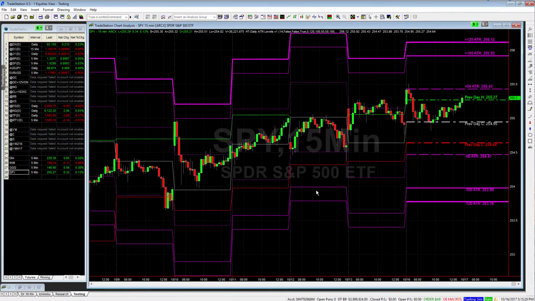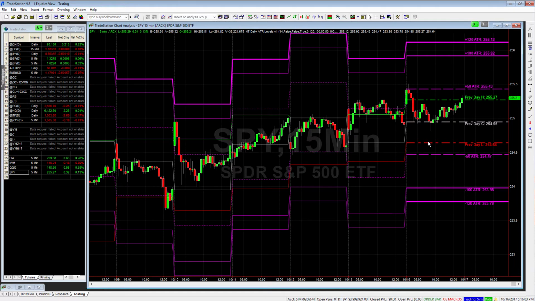Now I want you to let your eyes adjust to the chart. I want you to look at those labels on the far right hand side, because as we scroll the chart and look at historical data, we won't be able to identify those labels. So I want you to get used to the colors for each line, the line width of each line, and I want you to get used to the style, dotted versus solid, and that will help. And I notice already that I need to make some corrections here. So let me go ahead and adjust some of these historical plots to match the way the lines are displayed